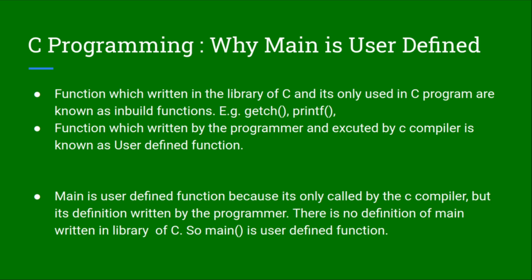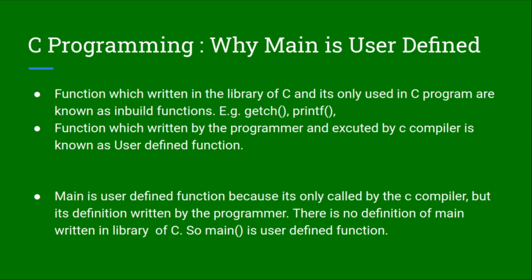There should be an entry point into your program by which the C compiler can start the execution of your program. So that is the reason the settings of the C compiler require that there should be a default main function from where the compiler will start execution, or start compiling the program. So the main function is mandatory in C programming, right? But it is not system defined.